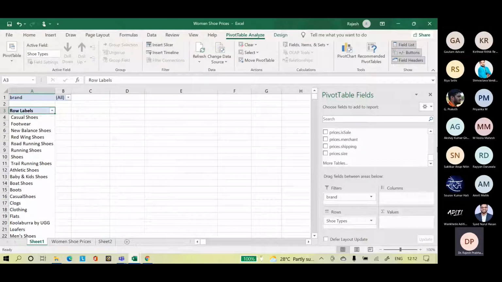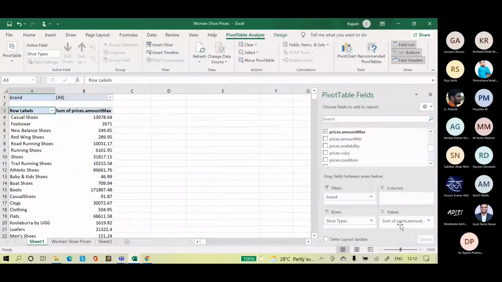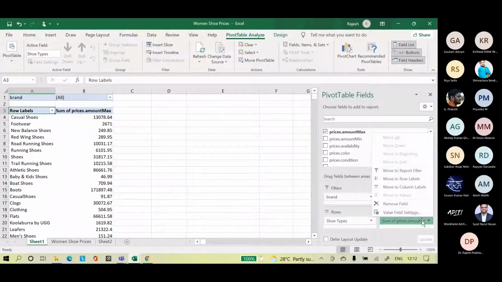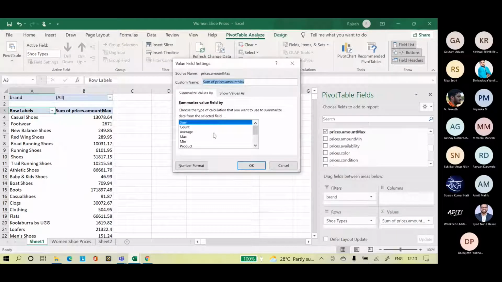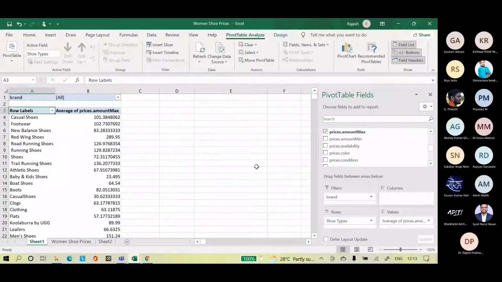Okay, so we can also see the max price, and the average price of casual shoes. We can see different categories and their average prices.